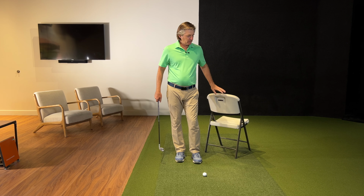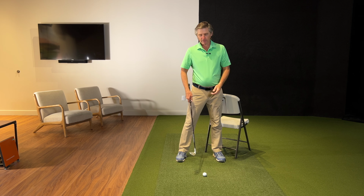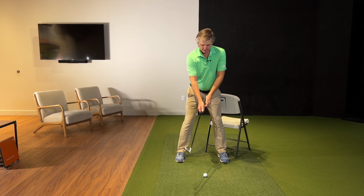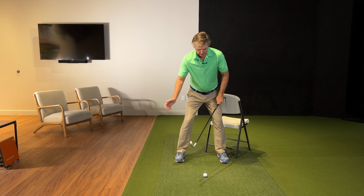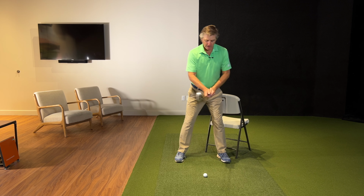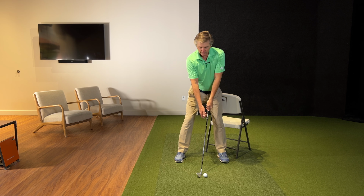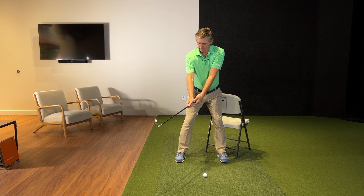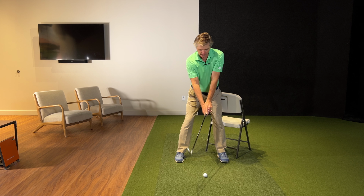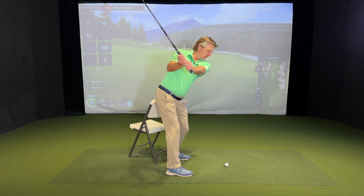Once you've done this drill without a ball, maybe you're at home, just put a cotton ball or a little piece of paper on a carpet pad here, and let's get a feel for hitting some pitching level speeds where you make sure that as we come through, we're going to be moving this chair. I've got this at about a 45-degree angle. That's more or less the angle that we want to see it being pushed away. So I get my setup here. I'm going to feel that left knee rotate under me, sit down,